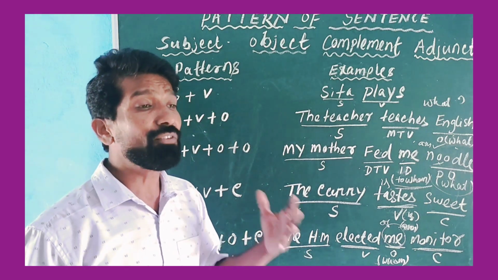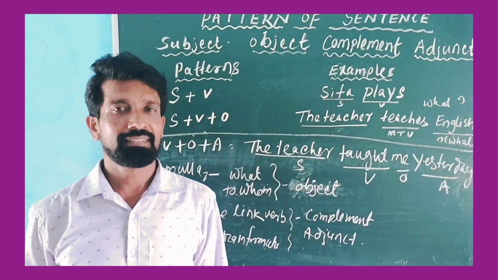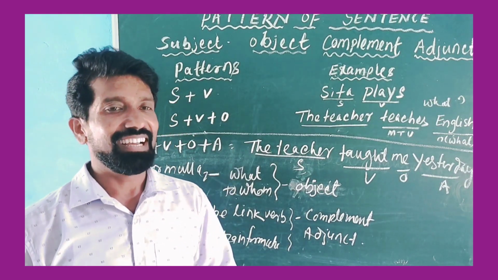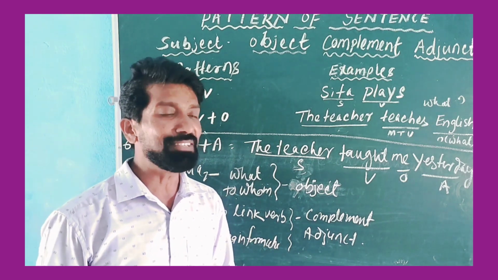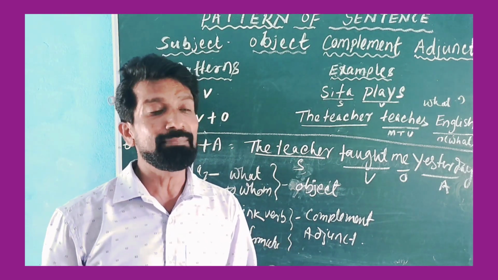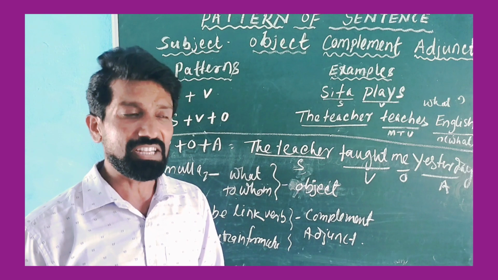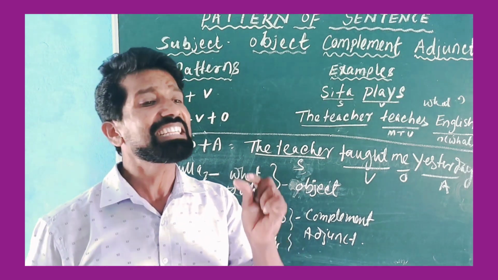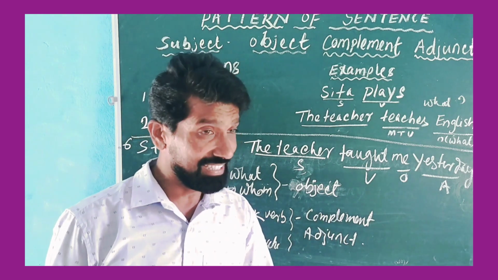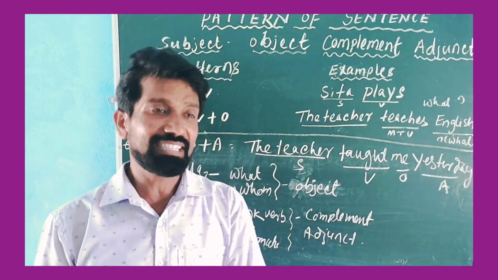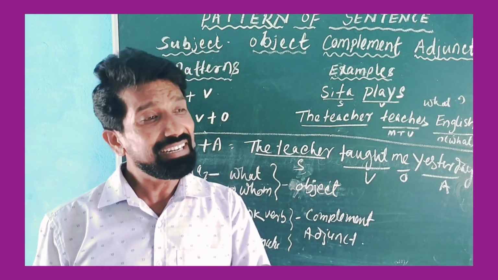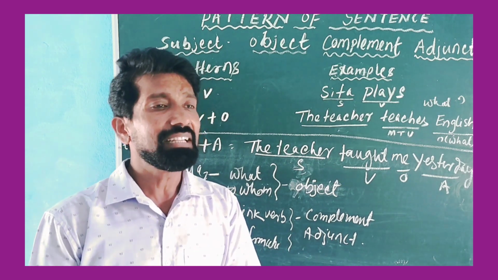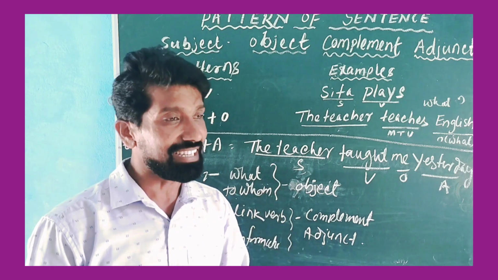We will discuss how you can find the adverbial. The last part is the adverbial. To find out the adverbial is very easy. It's an easy method. There is no hard and fast rule to find out the adverbial. Adverbial means it's extra information in a sentence. If you cut it, the sentence is correct. If you add it, the sentence is also correct.